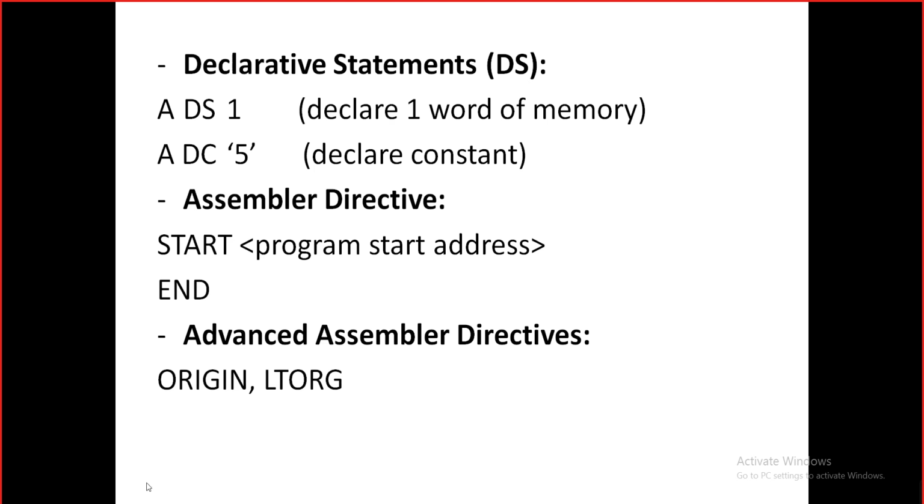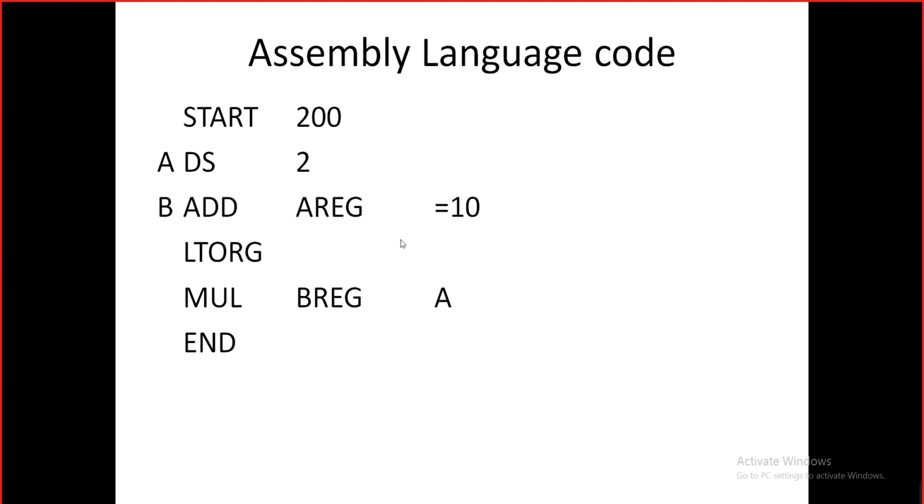Okay. These were the types of statements. Now, for seeing the implementation of pass 1 of our assembler, we'll consider this assembly language code, a small one. Okay, and we'll see how to build the code for this. So what we will do is we will scan this code line by line, and firstly we will tokenize that line. For example, look at the third line, this one.